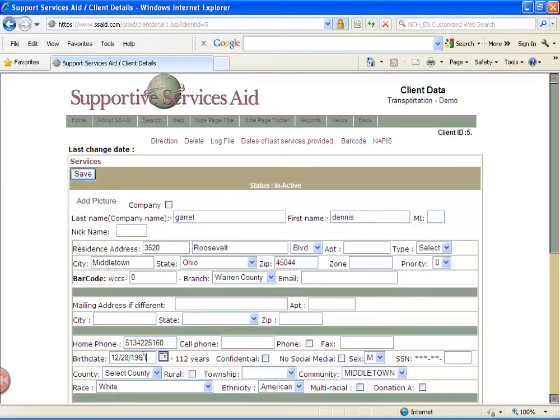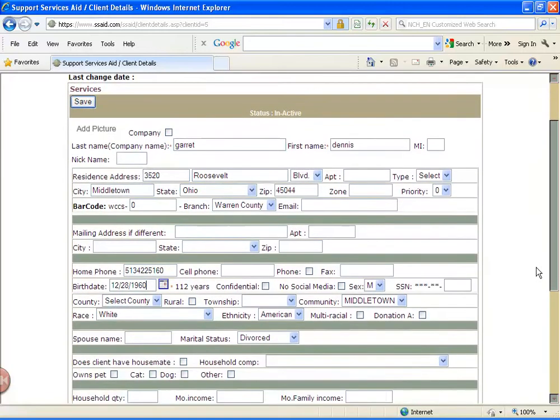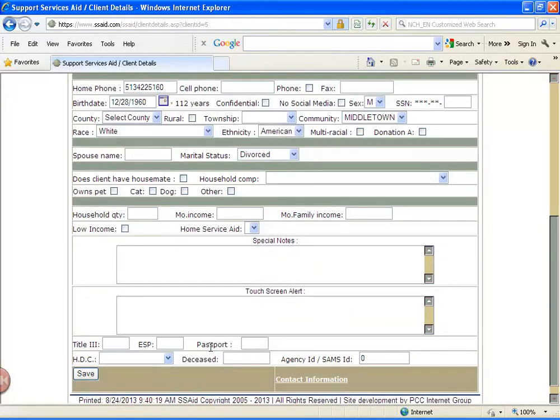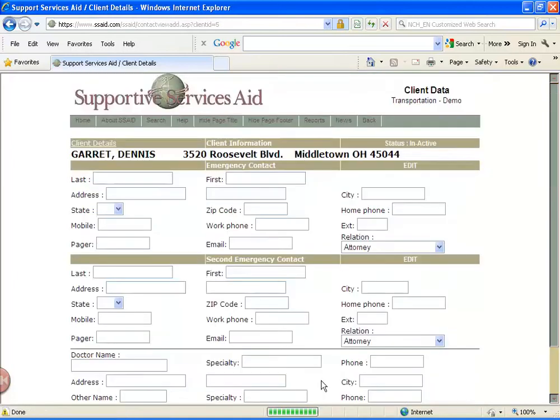for demographic purposes. As you can see in SSA, when you create a client, there's very many fields here. Okay, community, if they want to be on social media, township, their race, I think their spouse's name, if they're married, divorced, their house, but they have a cat or dog, their income, their funding, if they're handicapped. This field's if they're deceased, their SAM's agency number or their agency number, like I said. Contact information here is their daughters or sons, whoever they need to contact in case of emergencies, and their doctors